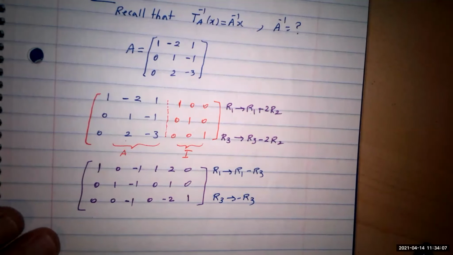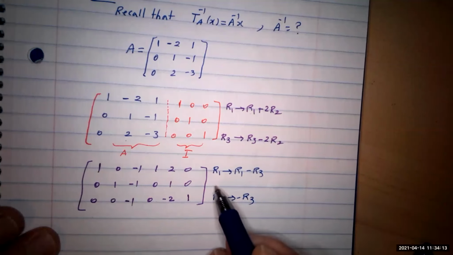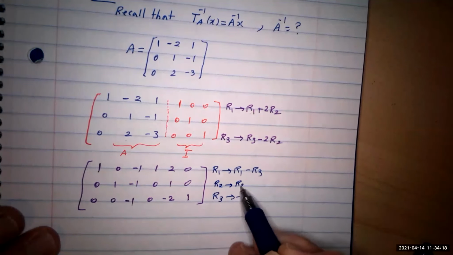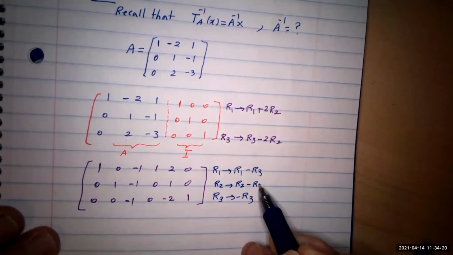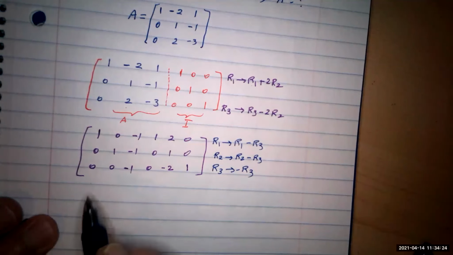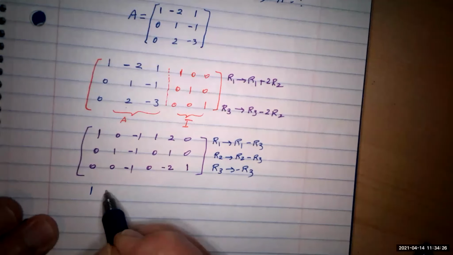Okay, and in the middle one, I have to make this one into the 0. So what I do, this is the R2. I get the R2 minus R3. Okay, do all these operations together, and that gives you quickly what you are interested in. So it's going to be 1,